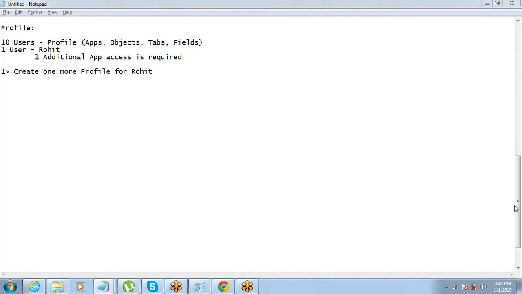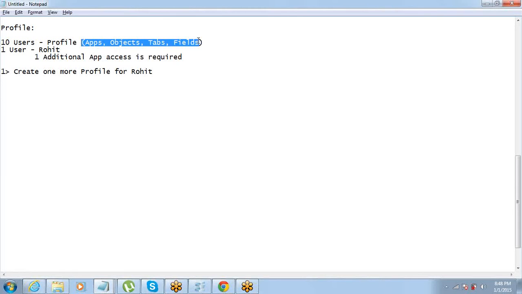Ajit, hi, this is Ankit. Ajit, I guess we need to extend the sharing rule for that particular user. No, but sharing rule has got nothing to do with these things. Sharing rule is for what? Data, right? Sharing rule is not for the entire app. That is the reason why I told you that this is related to the profile.